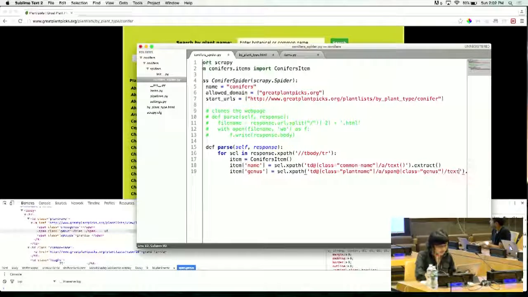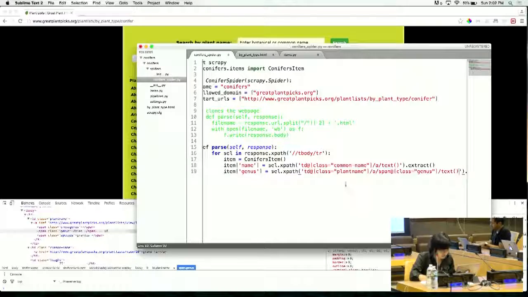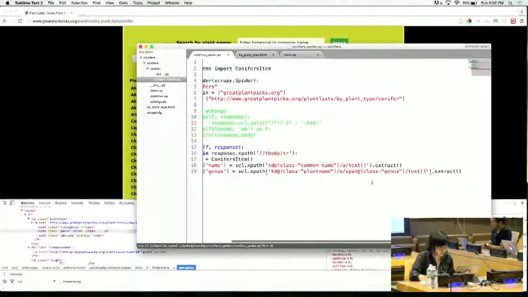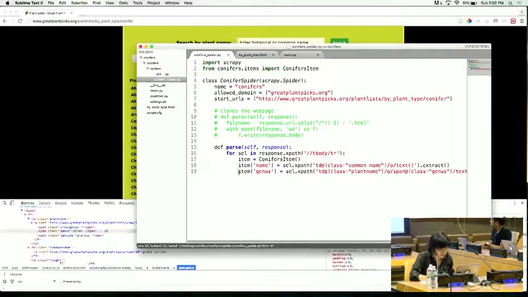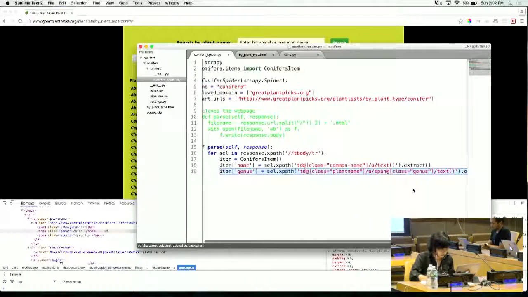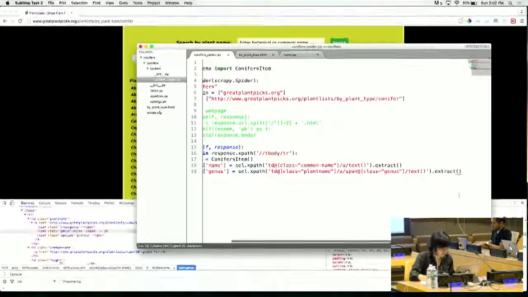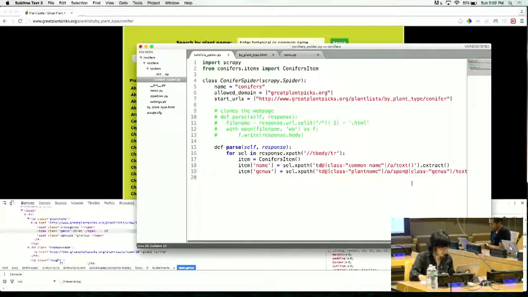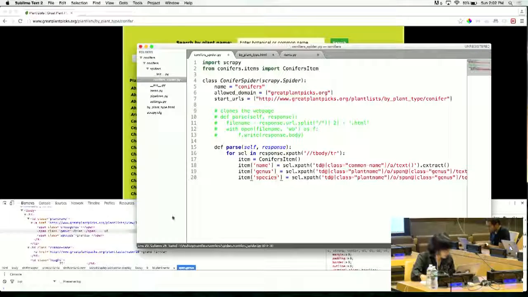Inside that you can extract that. Cool. I'm just gonna copy and paste this. It's the same thing. I think for the species, yep,